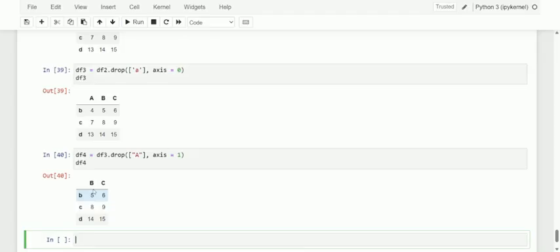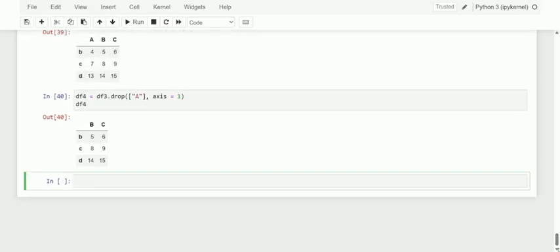And dear friends, we can also delete multiple rows or columns at the same time, yeah, by just adding the corresponding labels. And yeah, we can pass it as a list as an argument. Yeah, let me just have it. Let me make it in data frame 3 because we have a few elements in that, or else you can just go with data frame 2 also. So let me just have what is there in data frame 2.